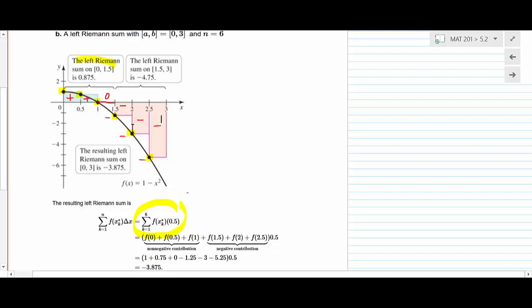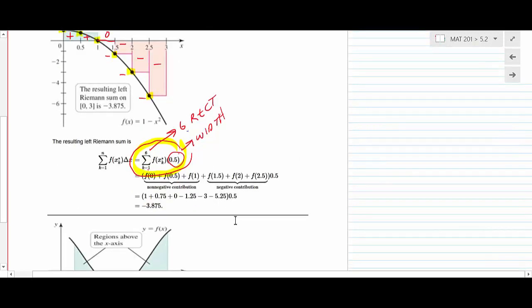So what's happening on this is when you look at this notation, we're going k equals 1 to 6. The 6 means there are 6 rectangles. And then if you go through and calculate this out, delta x would end up being 0.5. That 0.5 is the width. And then what you would have on this, if you worked out the details, what I'm trying to show you